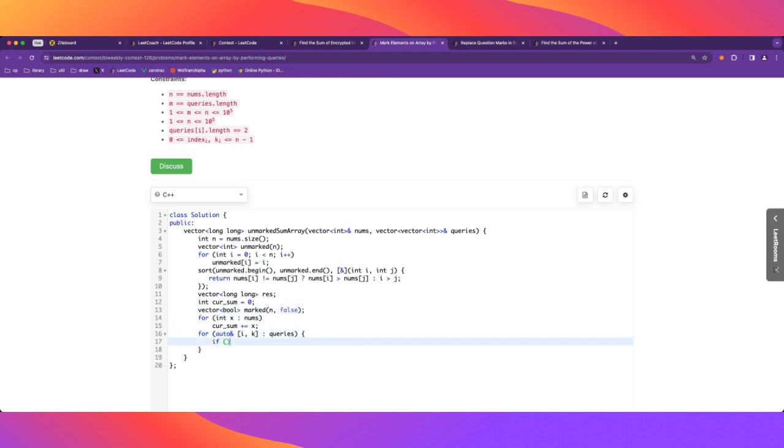So if marked of i... So if it's not marked, then we mark it and we subtract it from the current sum. Then we want to do this k times